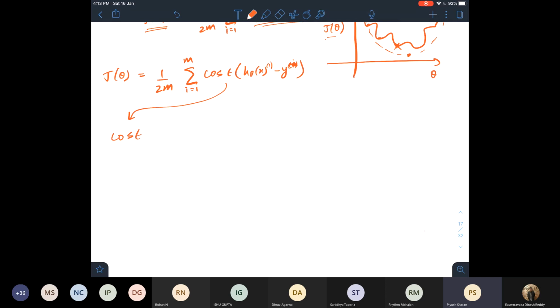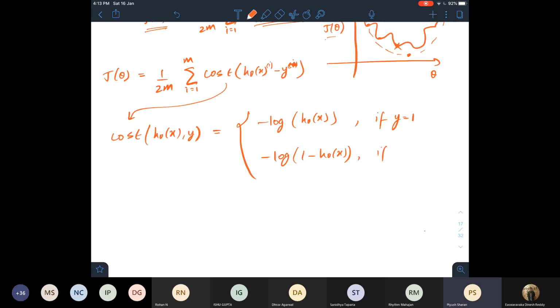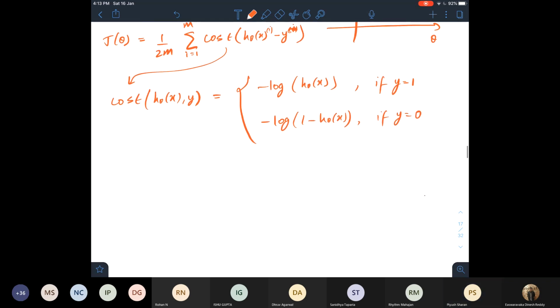This cost is nothing but minus log of h theta of x if y is equal to 1, and minus log of 1 minus h theta of x if y equal to 0. All right, I'll explain this.